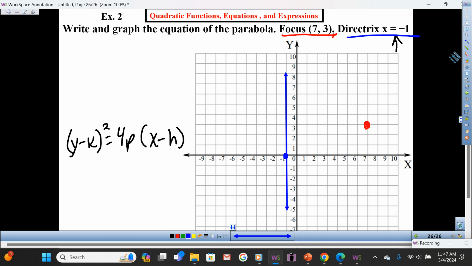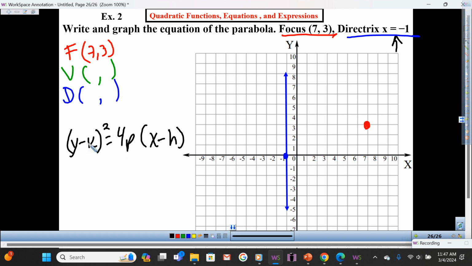You're like, uh-oh. So watch. So let me write my information so far. Focus is (7, 3). Vertex, I don't know yet. Directrix point, I can get that in a little bit. And the distance between the points. So I go from the focus straight to the directrix. Tell your neighbor the points. What is that point? Negative 1 and what? 3. That is correct. Therefore,